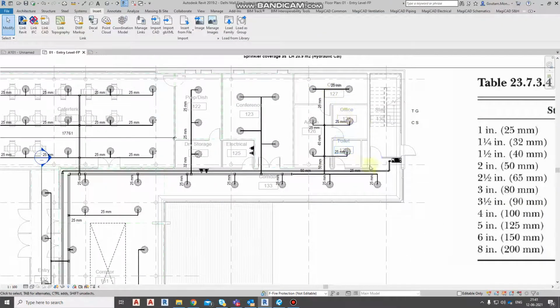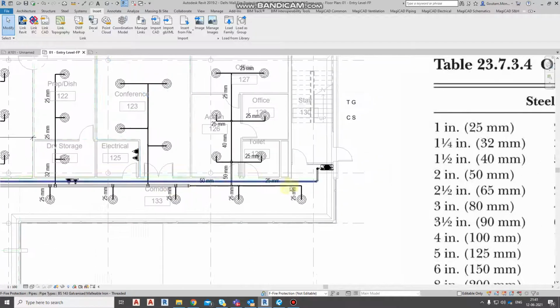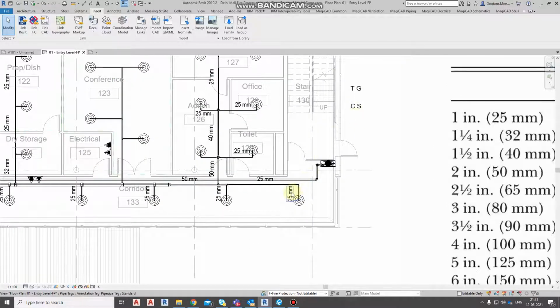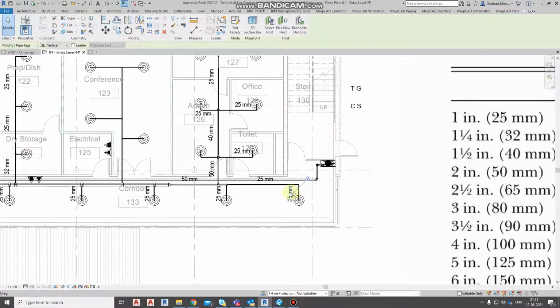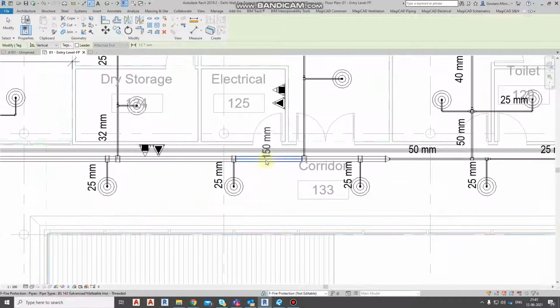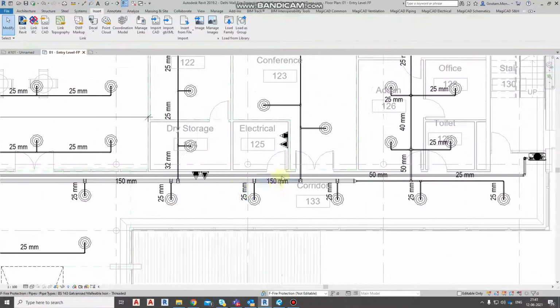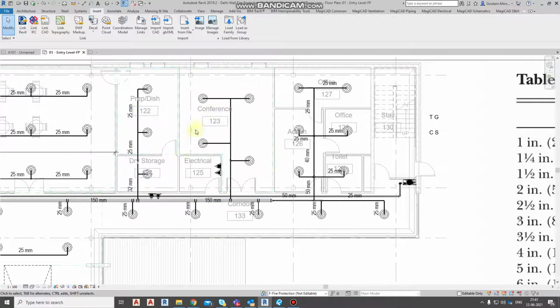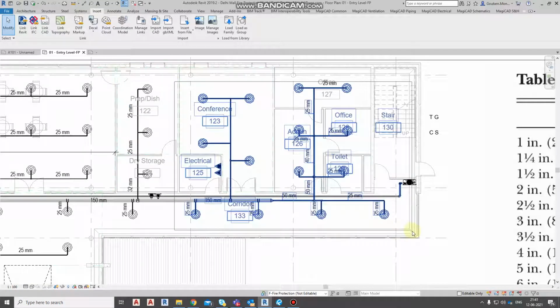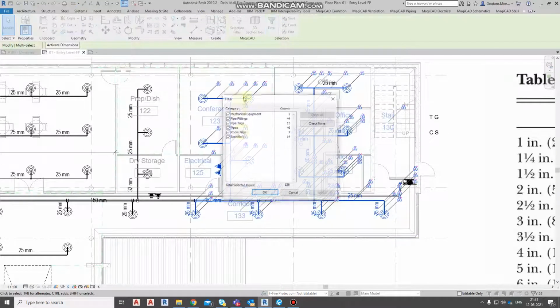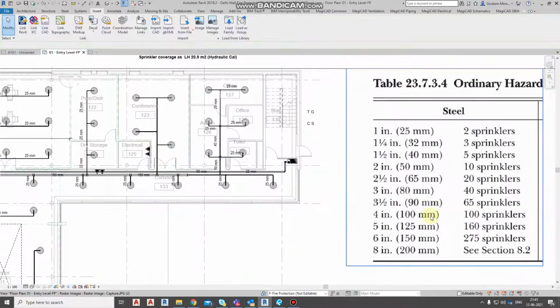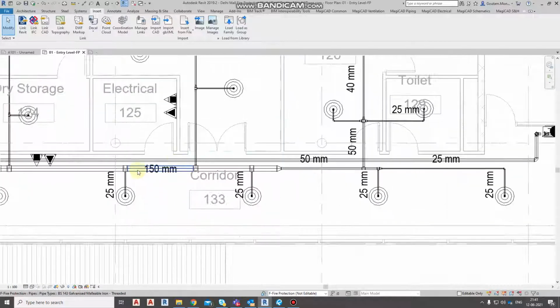Earlier we started this one. Just click create similar, select this tag, and type CS. I just typed CS for the 150 dia. So as per the number of sprinklers we need to first update the pipe size. Select sprinkler, go to filter. So here we have a total of 14 sprinklers, so for 14 we require 65 mm pipe size.